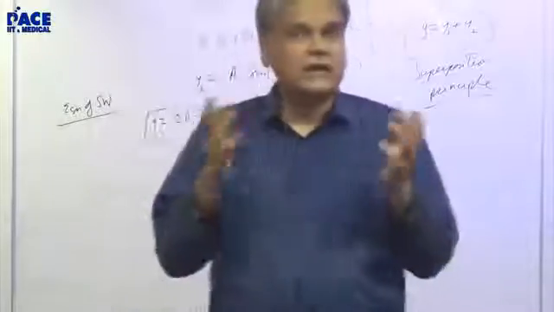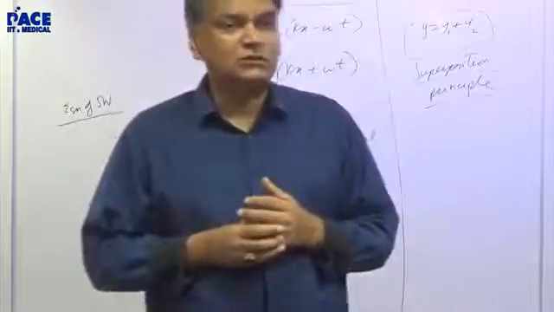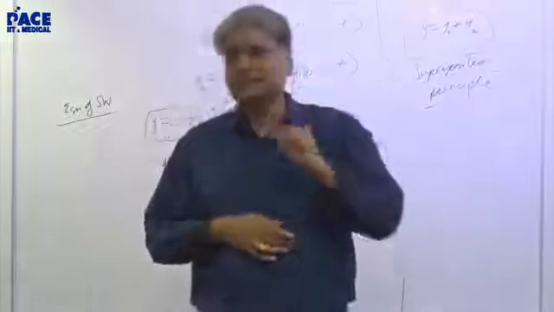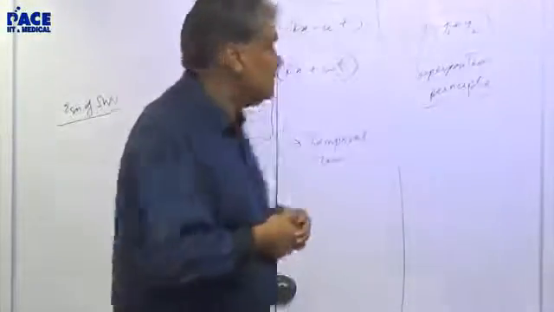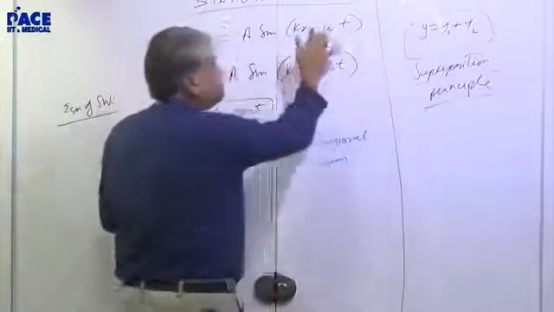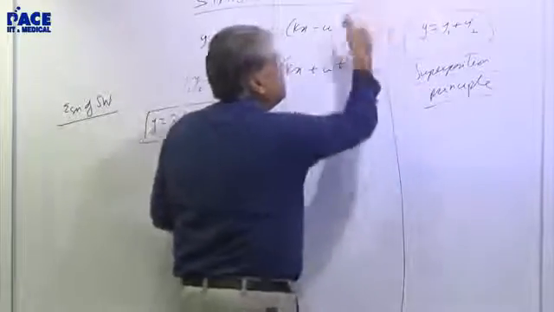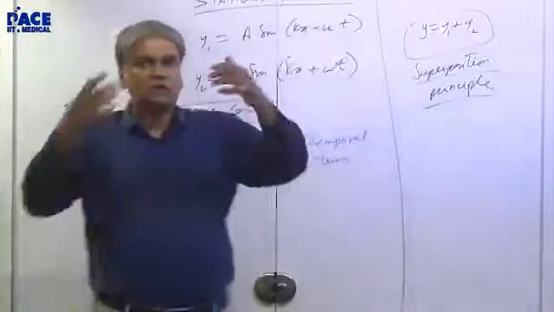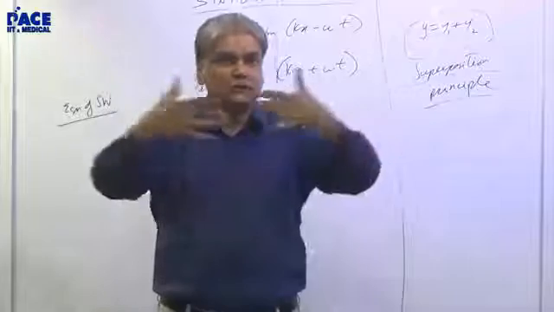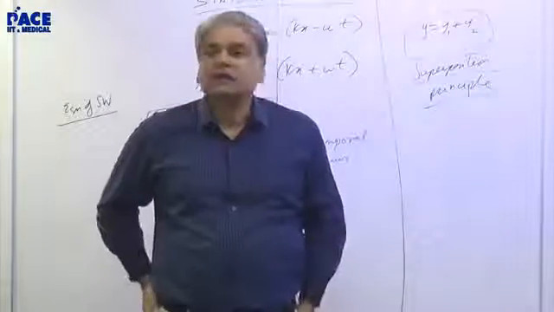I'm just saying that we have been writing omega t minus kx, so don't get fixated that omega t minus kx has to be written, there is nothing like that. You can write kx minus omega t. I'm writing it this way today, right? You can write it any way. If you write plus theta naught, you can write that too. The only point I'm talking about is, are these two waves going in the opposite direction? That's all. That's the only point.